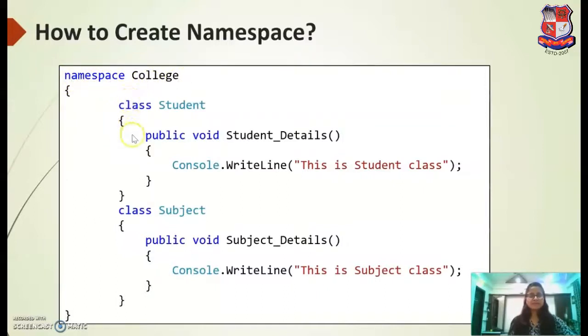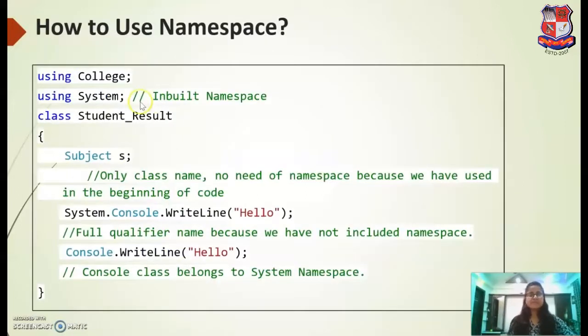Here we have a class Student and another class Subject. Once the namespace is created, we can use it in another application by using the using keyword, followed by the namespace. So we have created a College namespace and we are using it in this application.